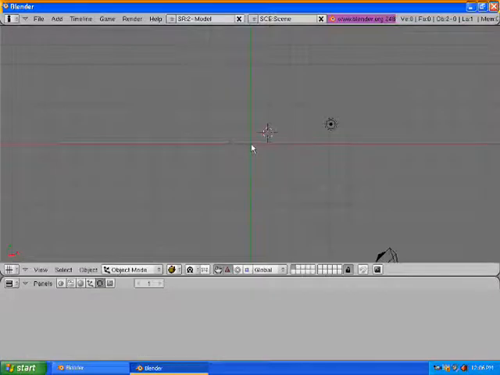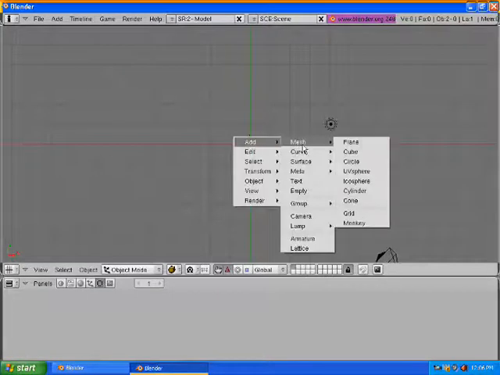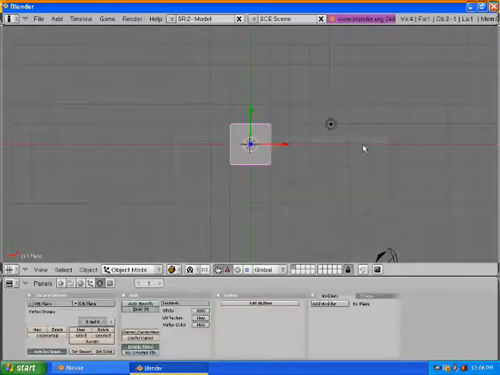I'm going to delete this starting sphere. From the top-down menu, which is 7, I'm going to add a mesh plane. Okay, we want to go back to having that tabletop. I'm going to hit S to grow it,